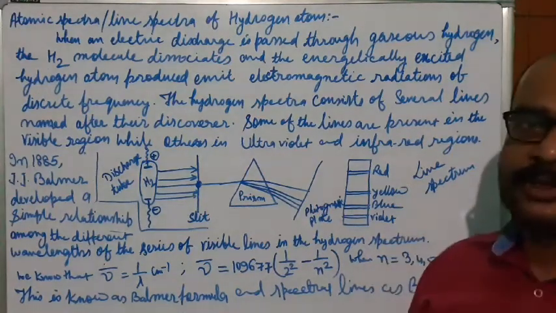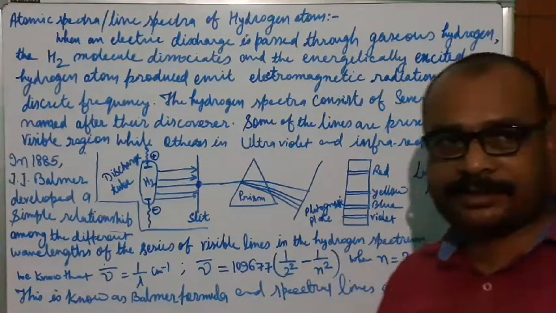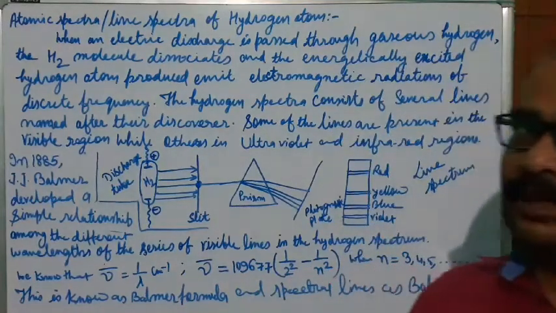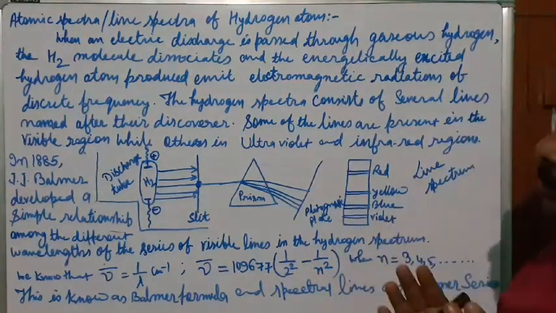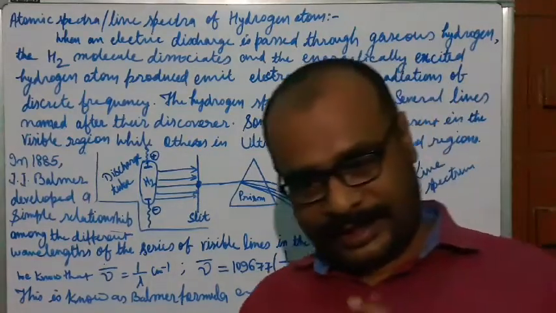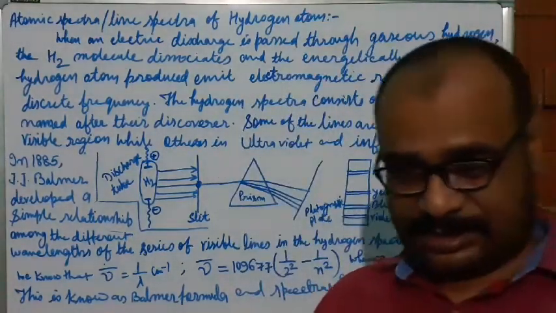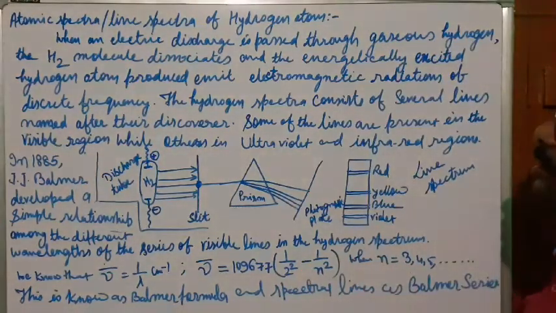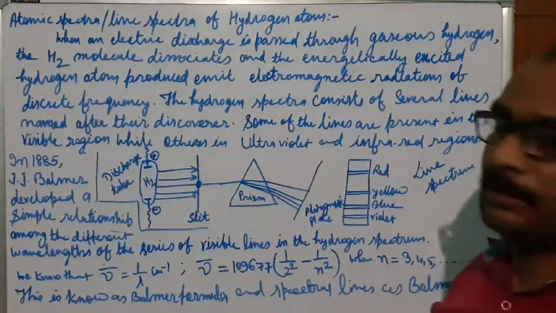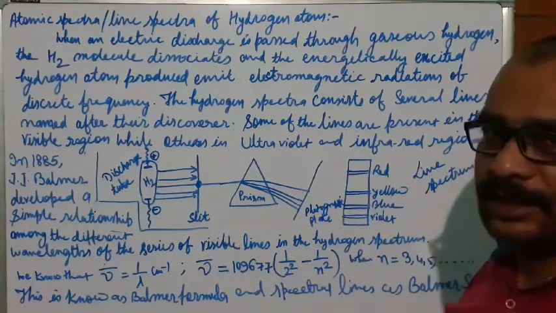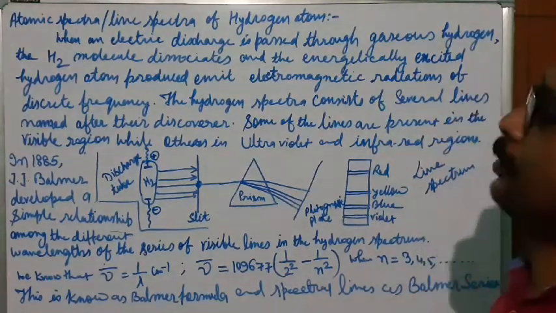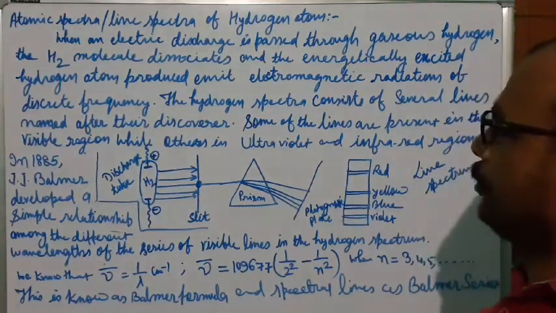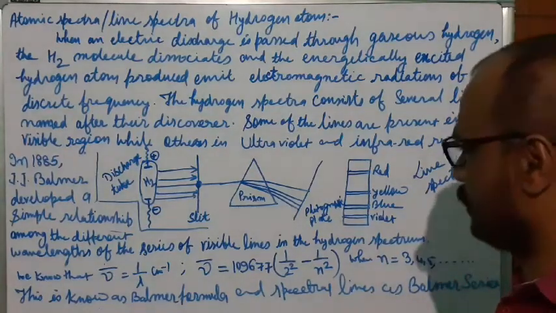Why is it very important to discuss the hydrogen atom? Because this hydrogen atom has made a great contribution towards the development of Bohr's model. With this hydrogen atom only, we first got the idea about atomic structure. We first got the idea of atomic structure by studying the line spectra, or atomic spectra, of the hydrogen atom. So that is why it is very important. It was the very first atomic spectra we got in the world of chemistry. So we will discuss how to get the line spectra of the hydrogen atom.